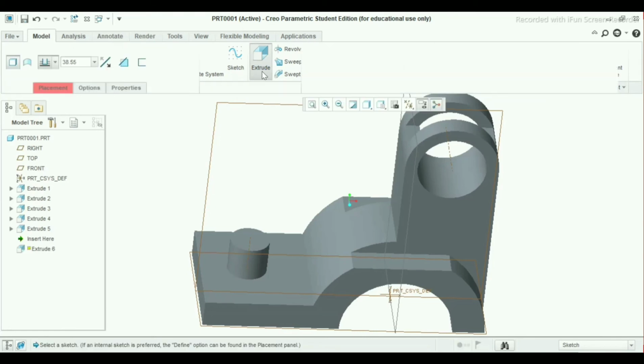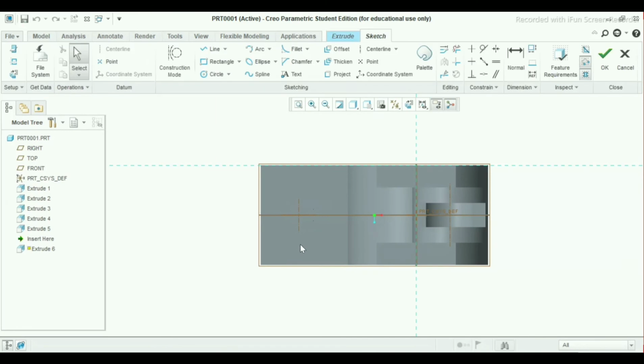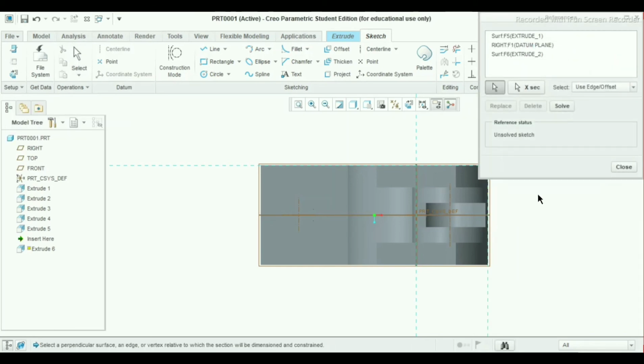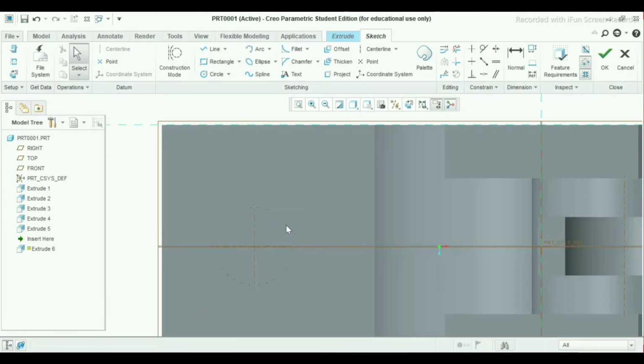Take your extrude, select this surface, select your references, close, select this edge that we have created earlier, go to circle, select this point.